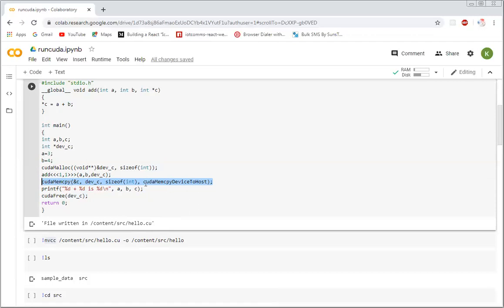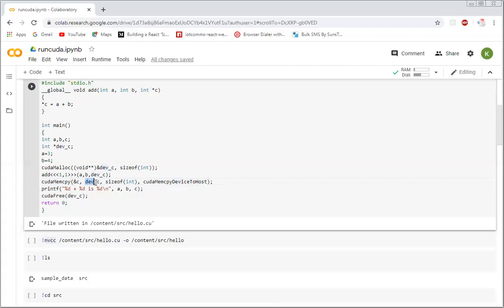For this case, we are using cudaMemcpy device to host. In maybe the next example, we will see an extended version where we will have to copy memory from host to device as well.